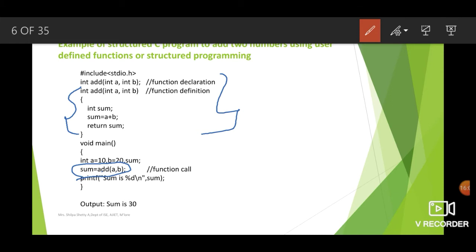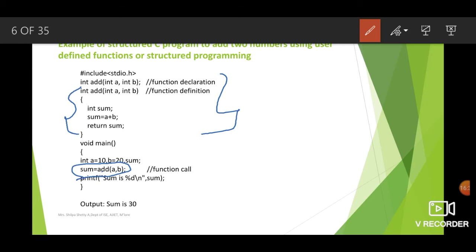What happens? a and b are 10 and 20, so 10 plus 20 gets added up and the result is 30, and that gets stored in sum. Once we have found the sum, our task is done, because the user defined add function that we have written had the purpose of finding the sum, and it has found the sum now.